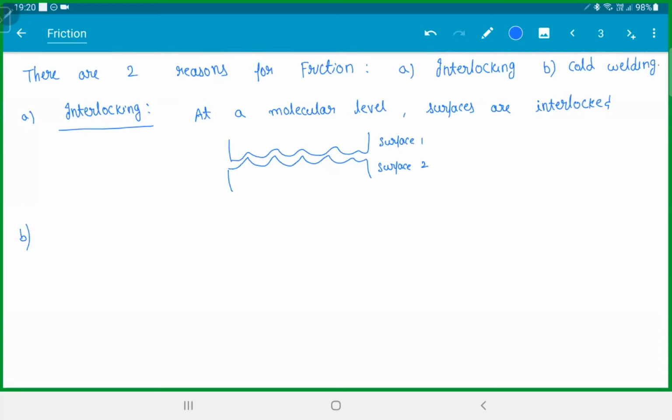But fine, if you have some other one, we are still okay with it. Next thing is cold welding. So what is this cold welding? Whenever these two surfaces are in contact,